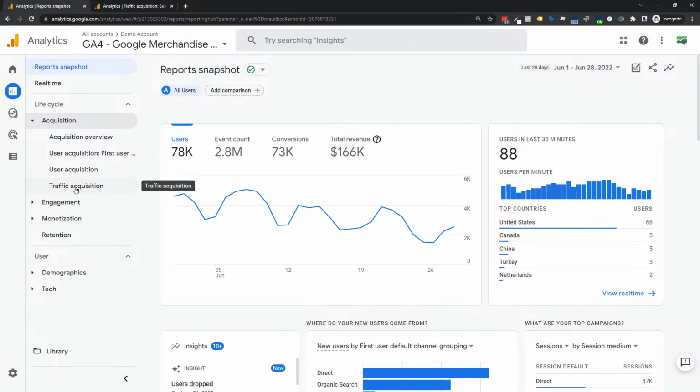So what we're going to be really focusing on for the remainder of today's training is these acquisition reports, these last two, user and traffic. The only difference between these two is user, they both actually look identical. They look identical. So we'll go into how to use this in just a second. The difference is this one is what was the traffic sources? It's around the traffic and asking the question, how did the user first find my website, right? So in other words, what was the traffic source that acquired the user to actually even be aware that we have a website at all, right? The first initial page view that they see, brand new user for this Google Analytics 4 platform,